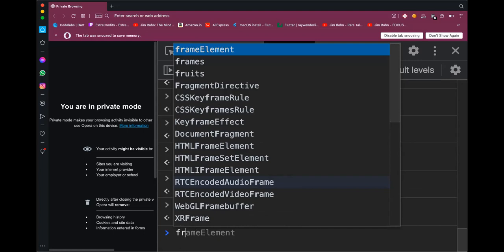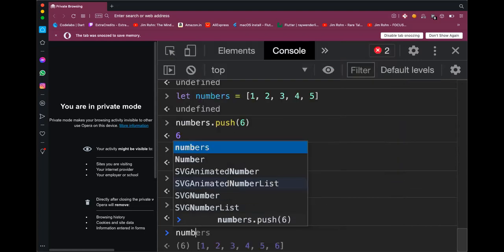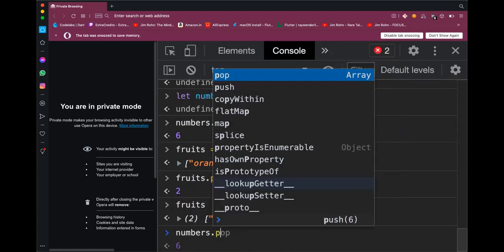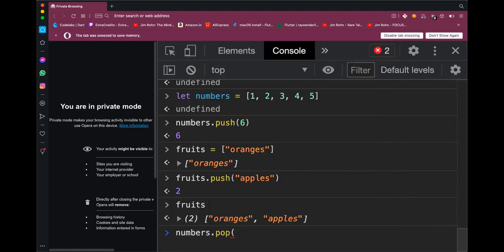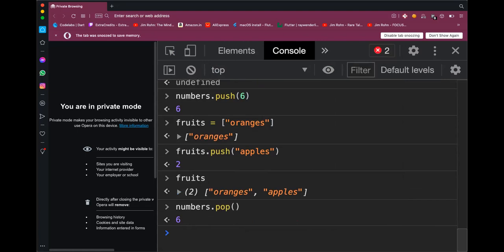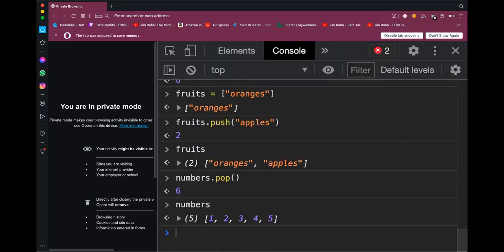I can also pop elements, which is remove elements from the last position in the array. I don't need to specify an index. It will automatically pop the last element and the numbers array reduces. So guys, I am pushing elements onto the array and I can pop it.